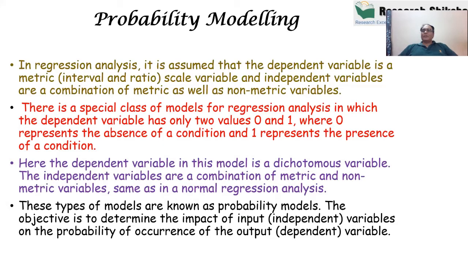So there are two possibilities when the dependent variable is a binary variable. One is discriminant analysis, where we assume that the dependent variable is a category, and we assign 1, 2, 3, 4 to the category variable. And the second possibility is logistic regression, where we assign only 0 and 1. That's why I call it binary. So in logistic regression, one thing is very clear: the dependent variable is a binary variable having only two values, 0 and 1.